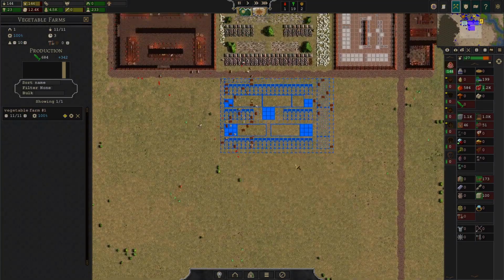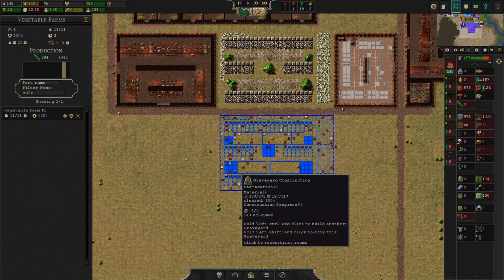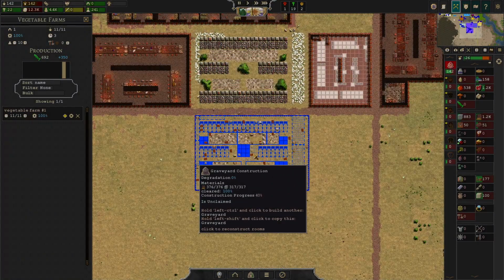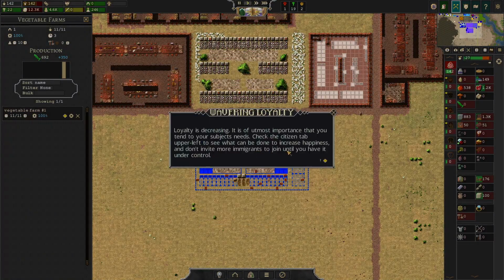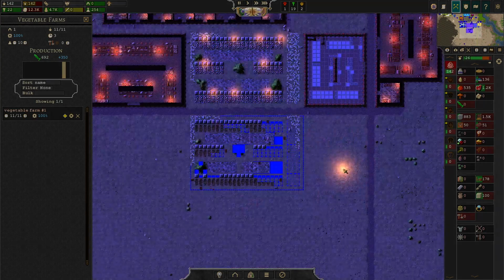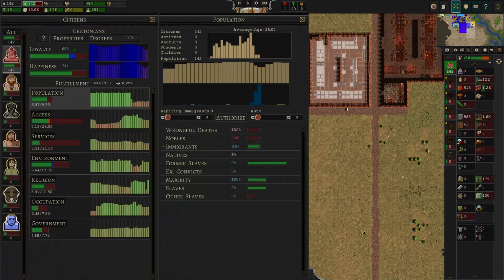So in a nutshell, always keep some graves available. There's nothing worse than having no more graves or crypts available. If you have crypts and you don't provide enough crypt area, things get even worse. So here